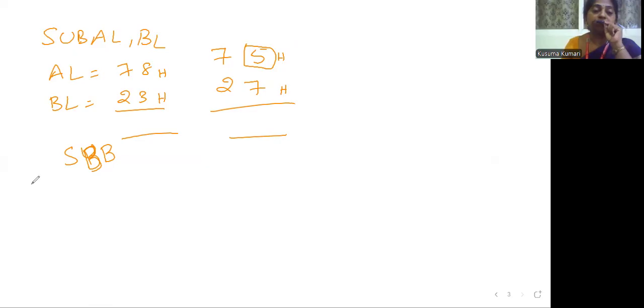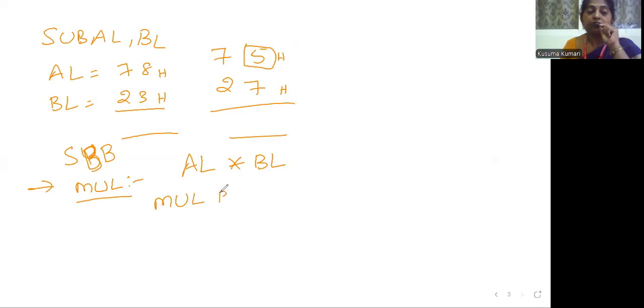Next one is the multiplication instruction. One point to be remembered for multiplication instructions is the syntax. Suppose we want to multiply AL contents with the BL register contents; then the instruction is MUL BL only, not MUL AL comma BL, because multiplication and division instructions are performed between any two operands, but out of these two operands,